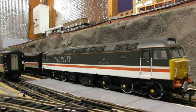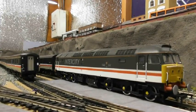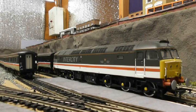Intercity operated a vast number of trains and a vast number of stations, and for the 21st anniversary of Intercity in 1987, it adopted a new livery and became the first BR business sector not to use the BR logo. It was this italic branding here with, as you can see, a swallow. High-speed trains were also painted into this scheme, and there was no yellow along the cab sides on any rolling stock. This was also adopted for the AC locomotives on the West Coast Main Line, although initially a lot of them didn't have the swallow